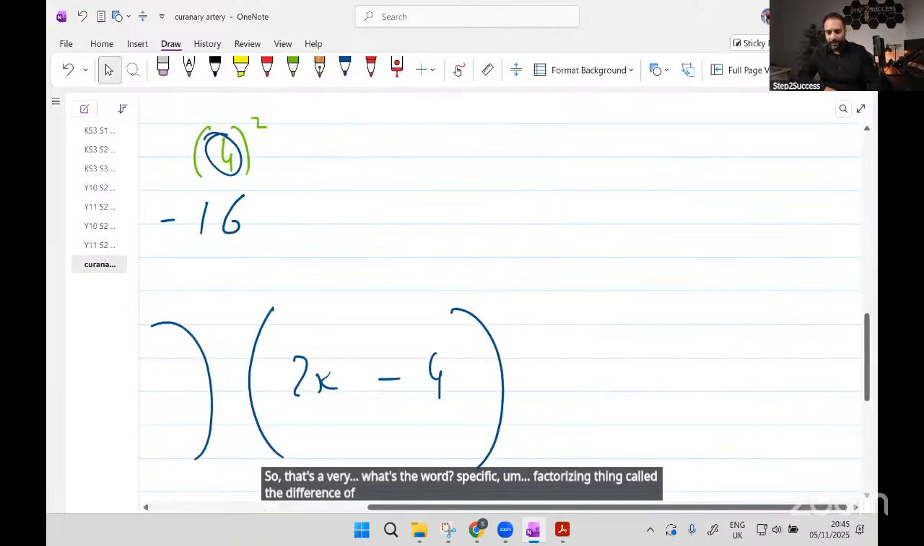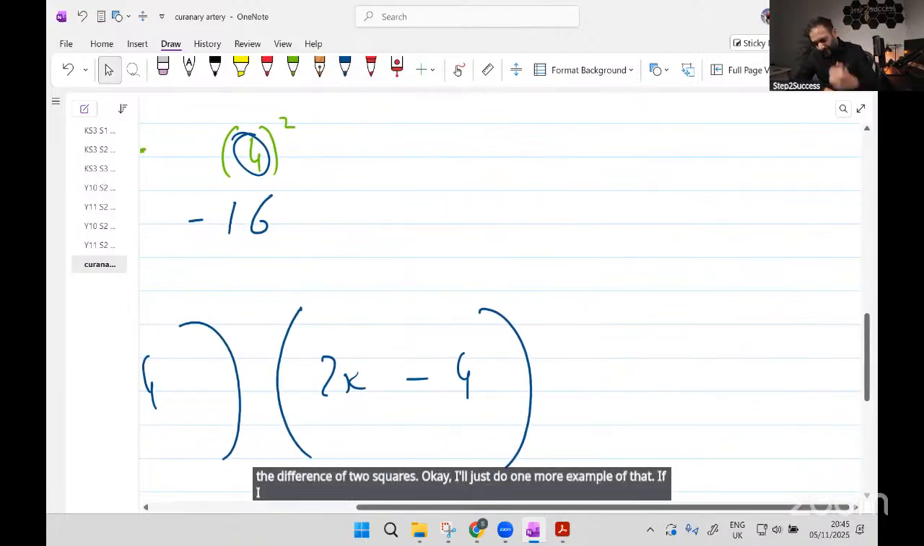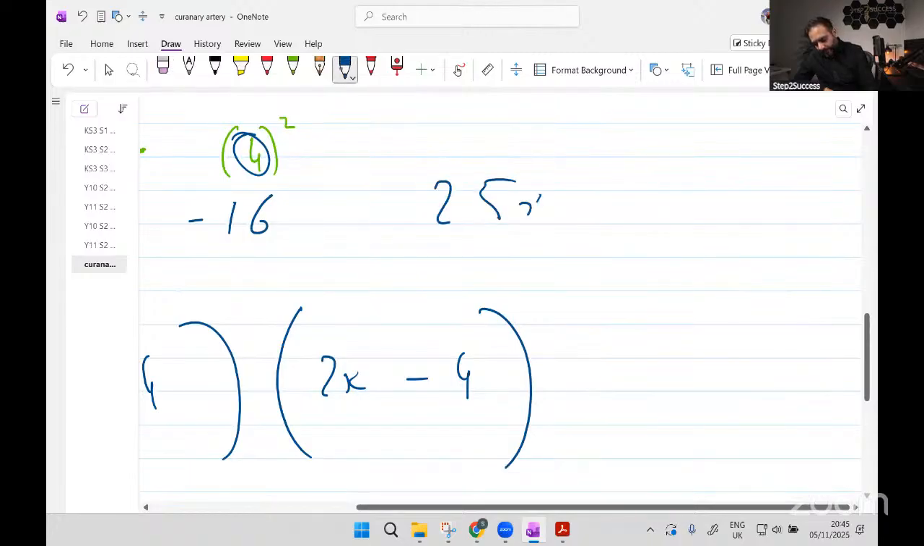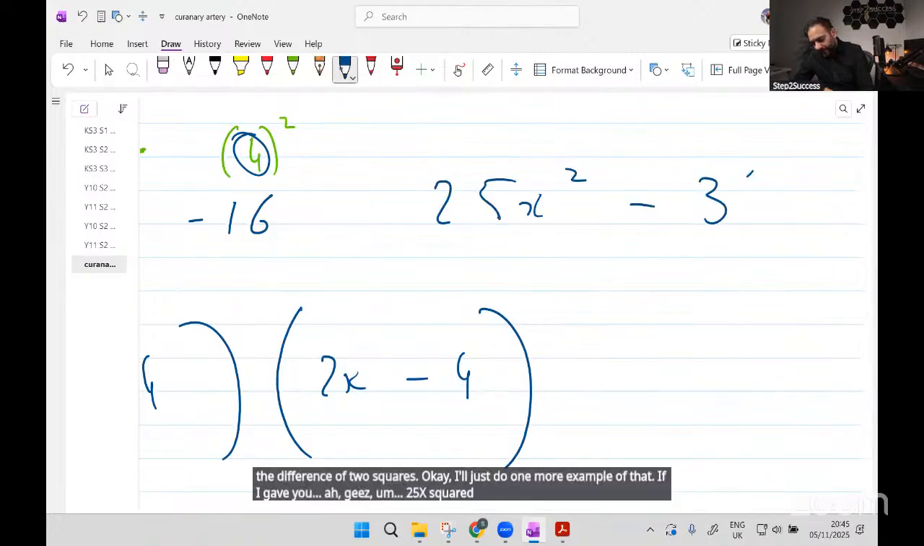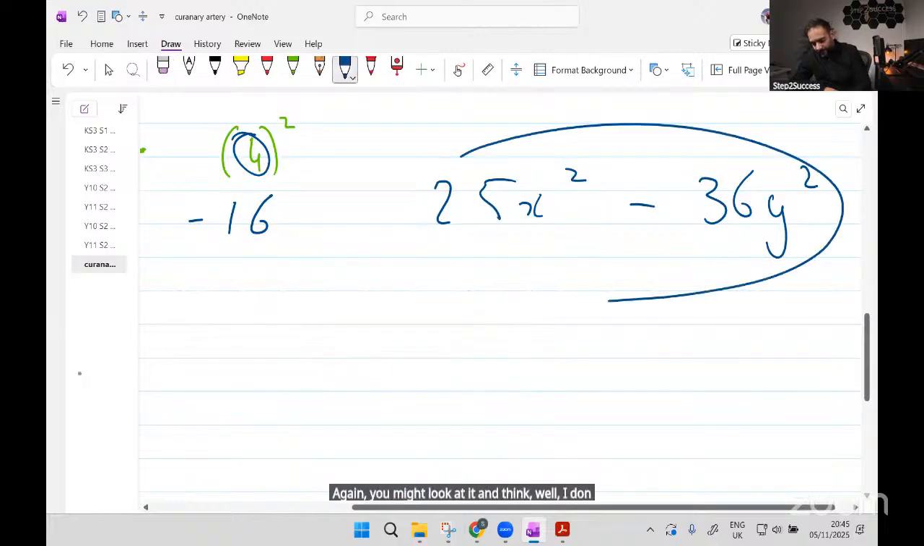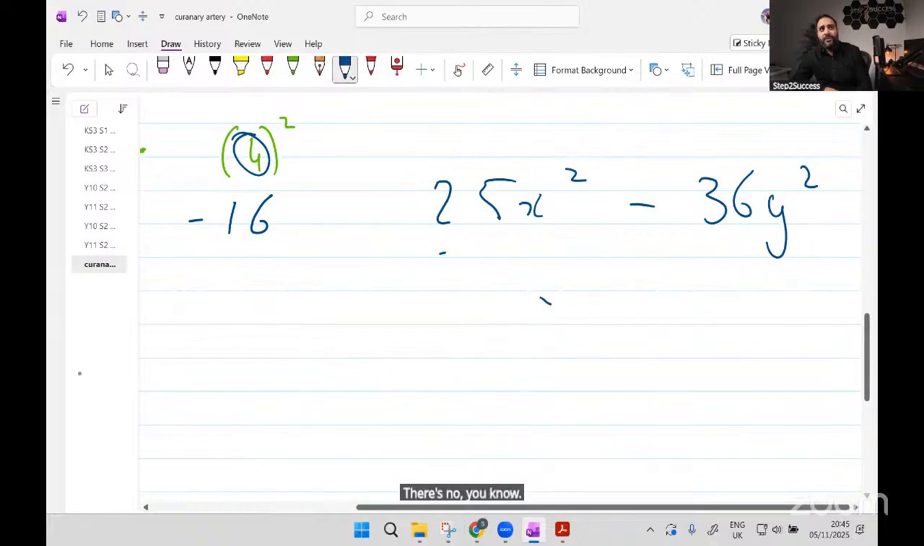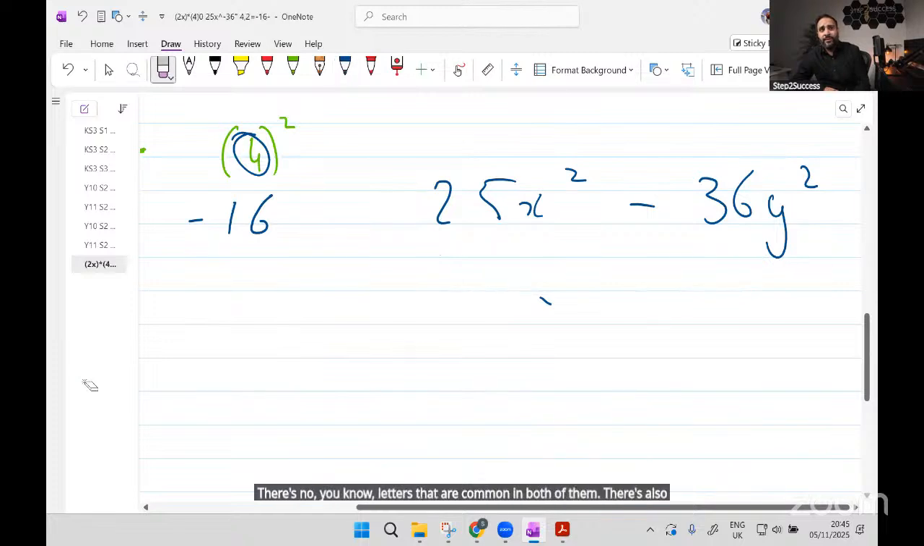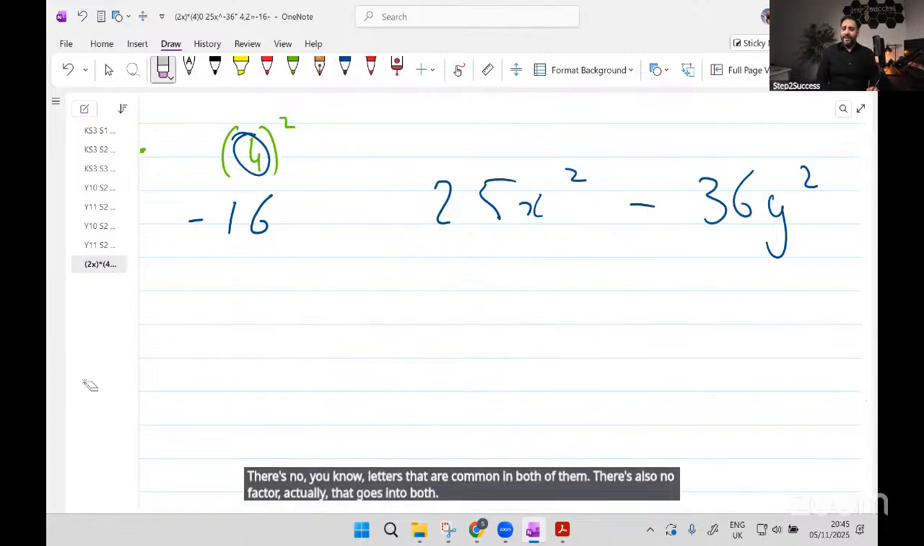Okay, I'll just do one more example of that. If I gave you 25x squared minus 36y squared, and I said factorize it. Again, you might look at it and think, well, I don't know how to factorize that because there are no letters that are common in both of them. There's also no factor actually that goes into both 25 and 36. However, you're meant to